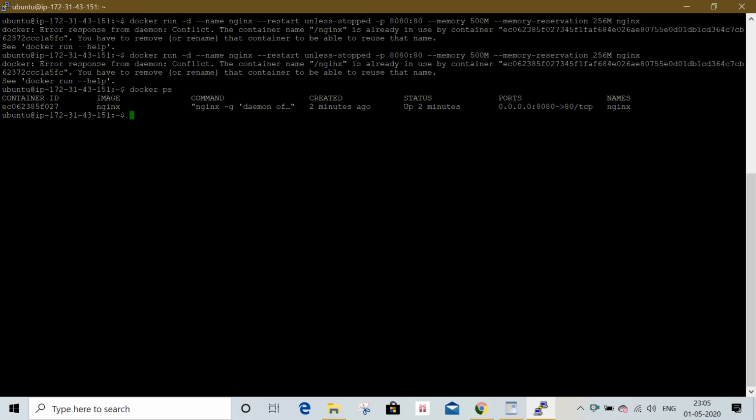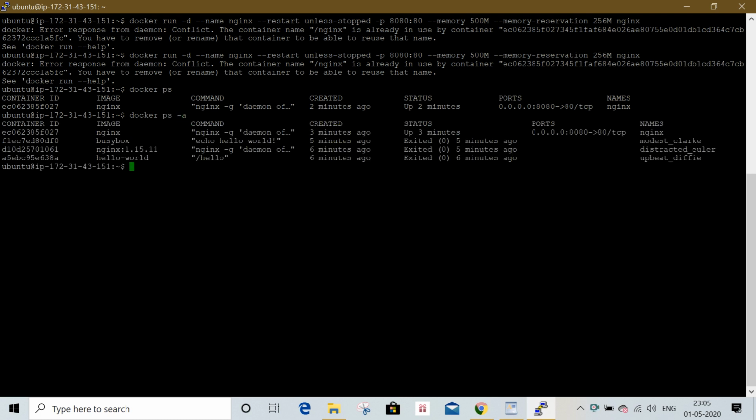We can see a list of stopped containers also. For that, docker ps -a will show stopped containers also. The hello world and nginx 1.15 containers also ran and exited.